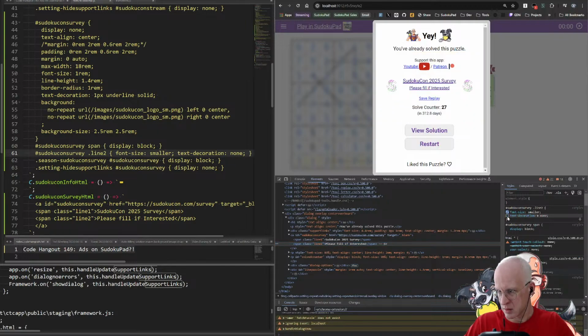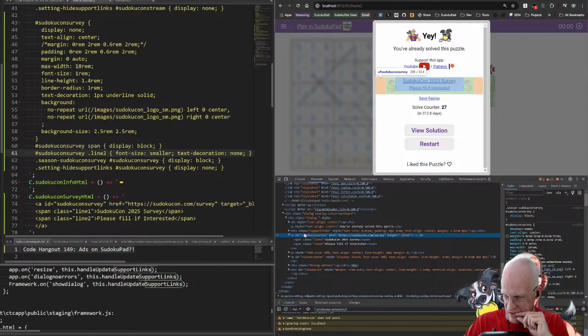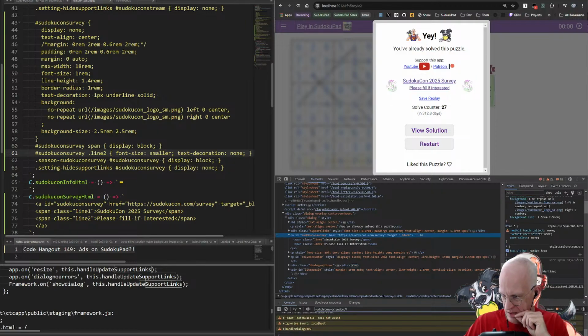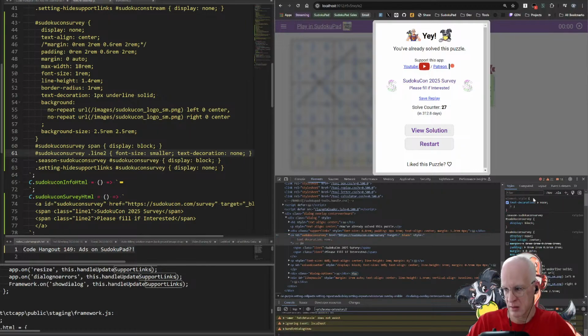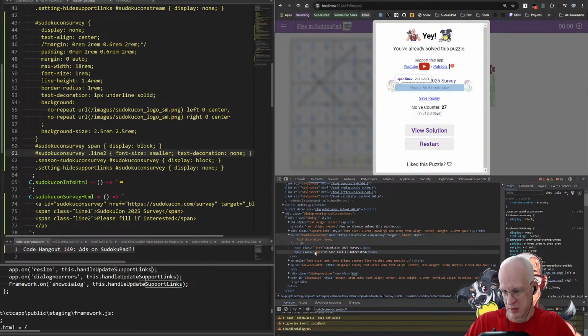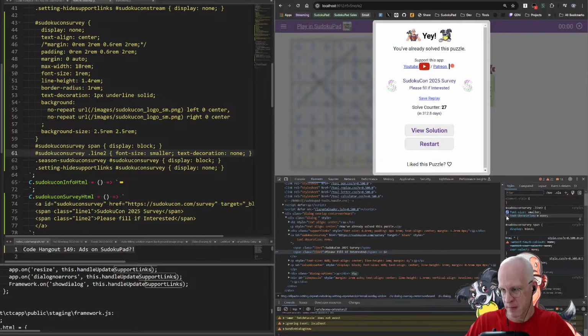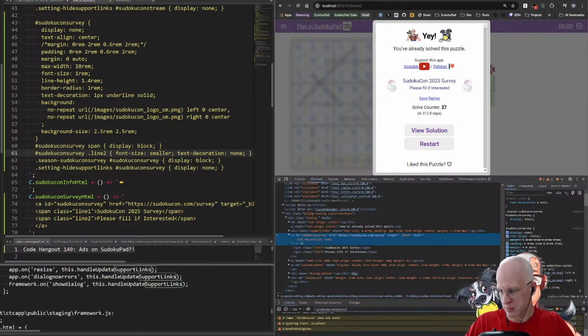Text decoration. Can I not adjust text decoration like that? So if I say text decoration none here, that works. And then if I go to the span, this shouldn't matter anymore. If I change this to underline, that's not underlined. Now if I go back here and I just remove text decoration,